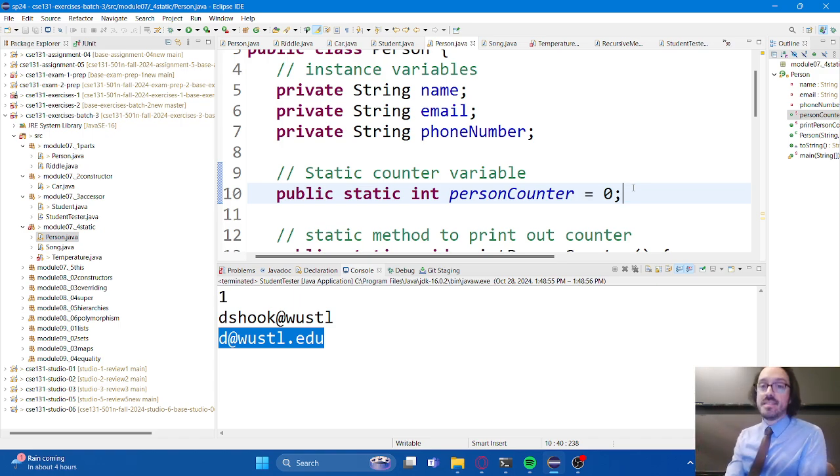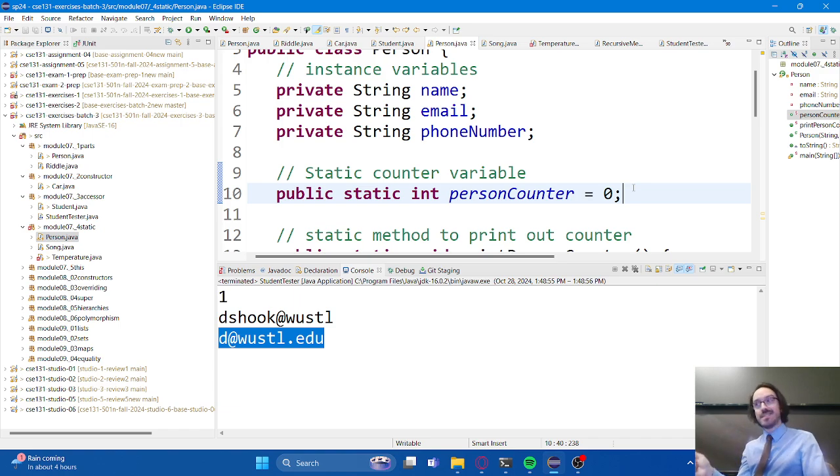Static methods and static instance variables, we'd say there is one copy that exists for the class. So I call static methods upon the class. I access static instance variables through the class. Non-static methods, we call upon the instance of a class. So think about what that means. To use a static method, I do not have to call a constructor.